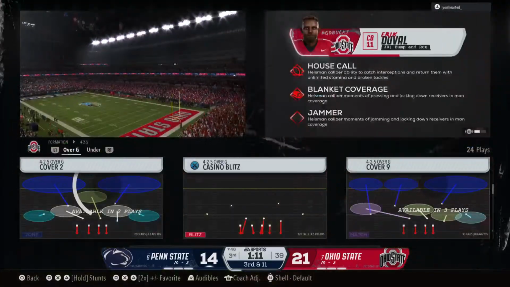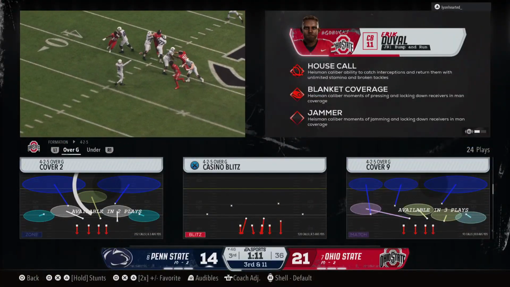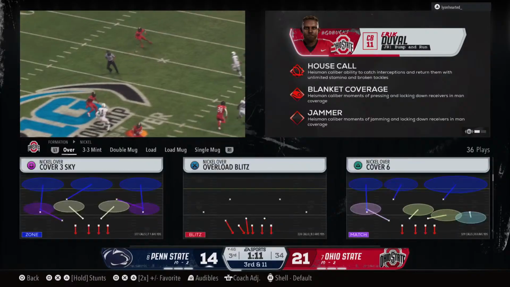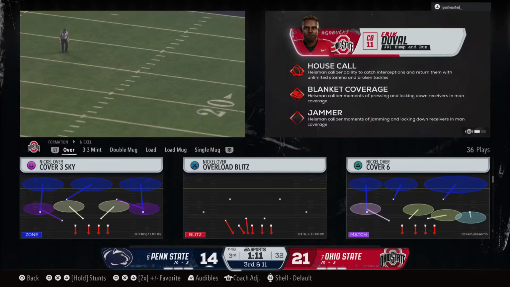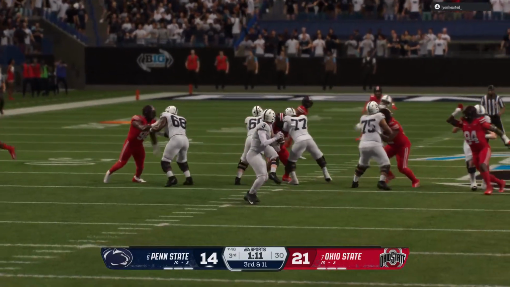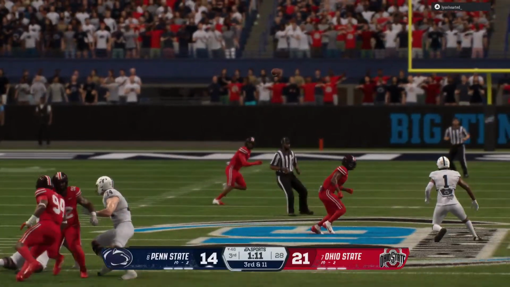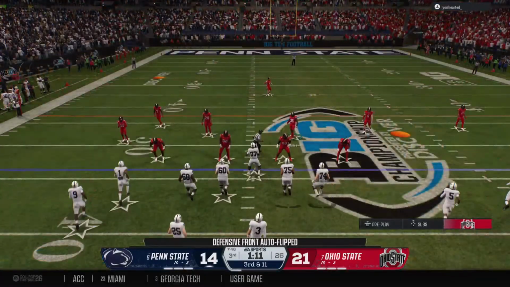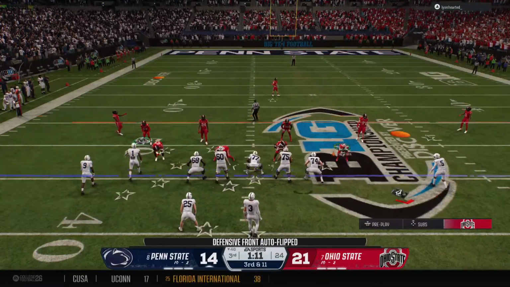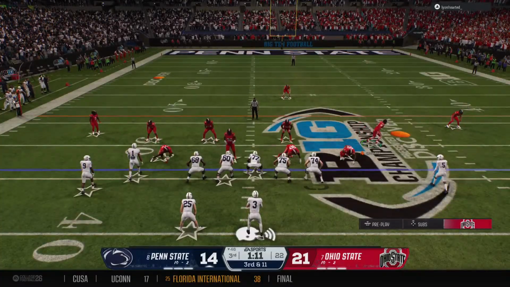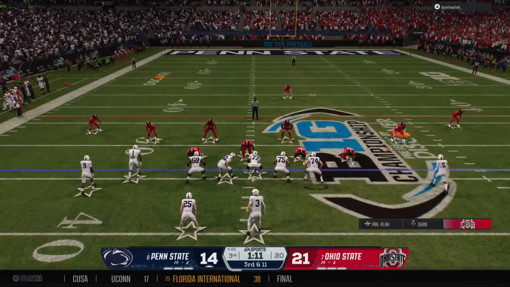Well, they don't make the completion here. The timing seemed to be off between the quarterback and the receiver. But, man, this defensive coordinator may want to consider getting more pressure on this quarterback by changing some things up. He's got a lot of time back there to throw the ball. And eventually, it's going to cost you. So the offense getting set. This is not where you want to be against this defense. 3rd and long.